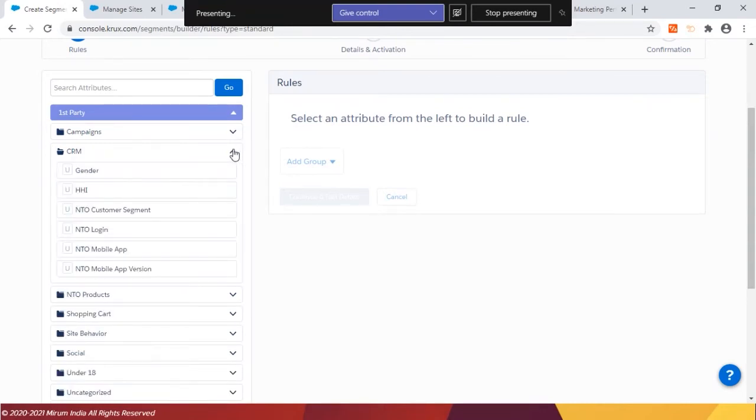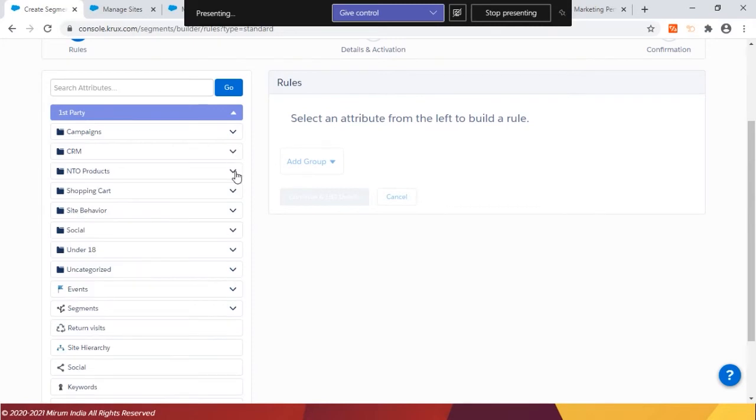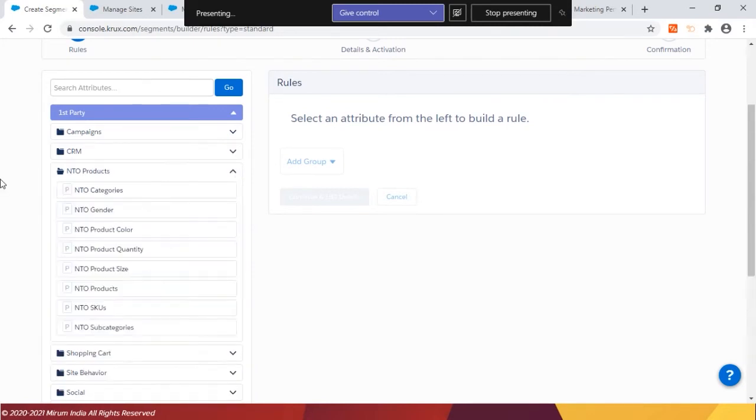Anything about the past purchaser, a person who has created a login on the NTO retail website, someone who has downloaded the app, all those people who have become partially known but not well known. Since I deployed the tags on the NTO retail website, in the console what I can see is that the entire sitemap of NTO retail got replicated inside the platform, right?